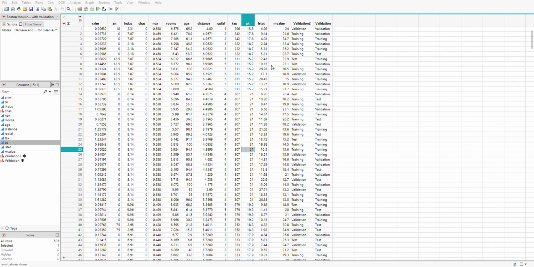When it's done, you should be able to scroll to the bottom, and then you should be able to